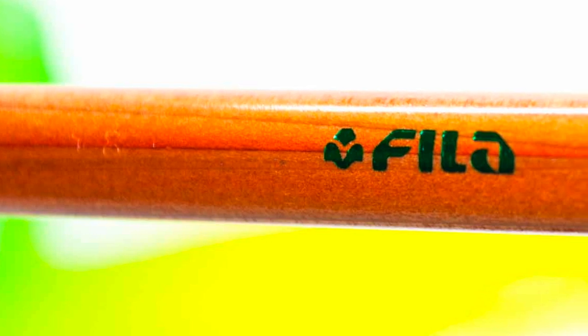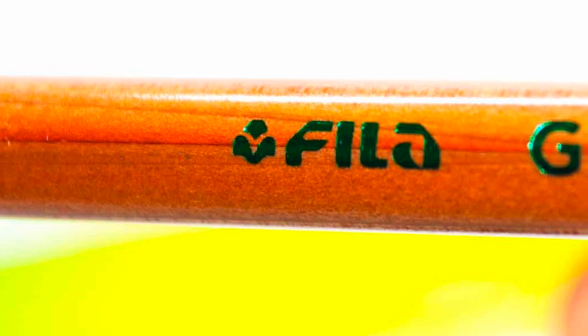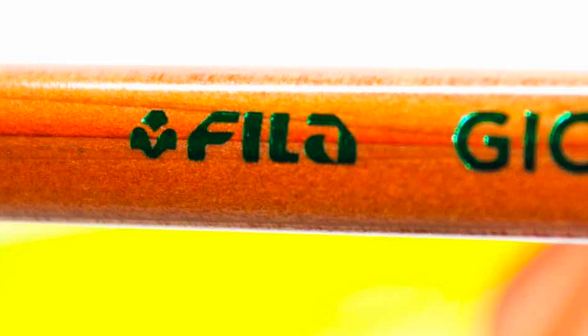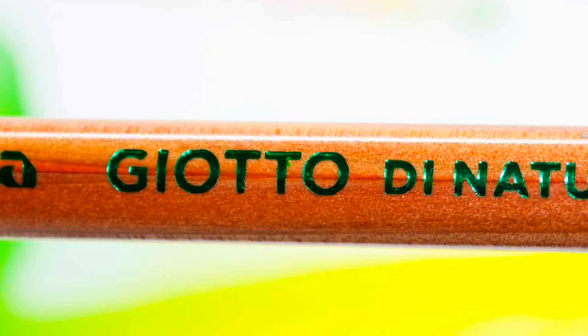As you run along the barrel here, first of all, you can see the grain of the barrel, which I think makes the pencil look really classic. You run along the barrel, and the print along the barrel is in a green metallic. So it can be quite difficult to see here in the light. It's certainly difficult when you're trying to photograph it. But we have here, it says Fila, which is obviously the name of the company. Then the name of the pencil here, which is